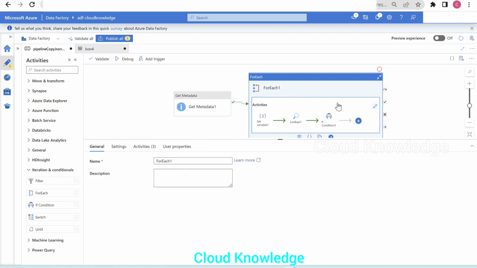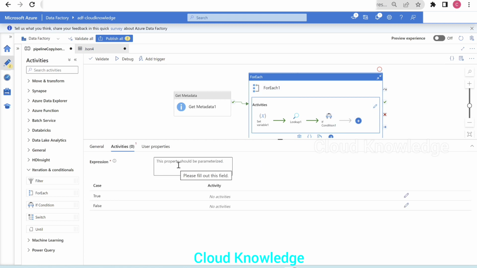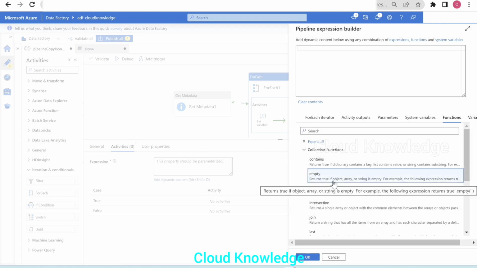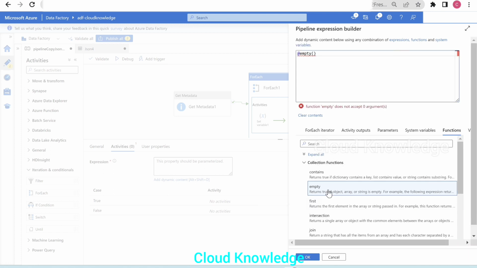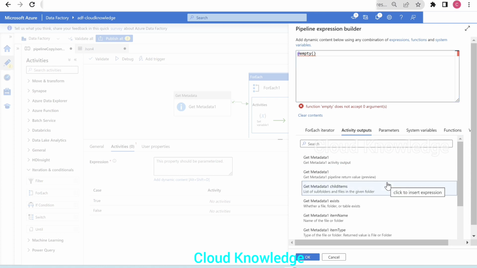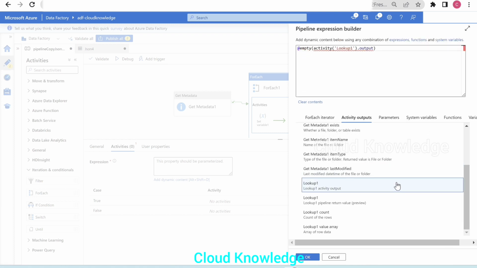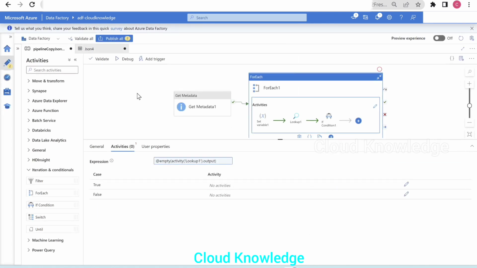So, and if we go to the for each block inside the if activity, inside the dynamic content, and to the collection function empty, it also says that it returns true if object, array or string is empty. So we will select the empty collection function, and inside this empty collection function we will give the activity output, and the activity output will be given as the lookup activity output. So we'll select the lookup activity output, and as we have already seen in the JSON, if we go back, let's say click OK here, and we'll go back